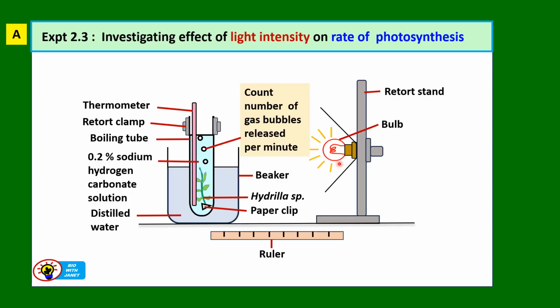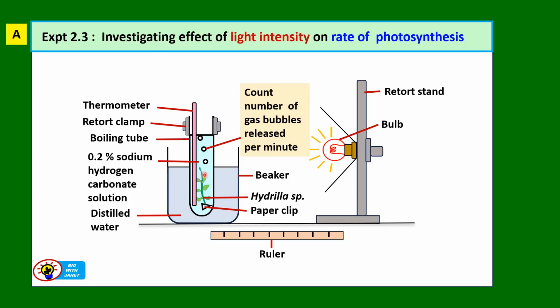Okay, where the distance between the bulb and Hydrilla species is 20 cm. Then you repeat the steps again. But before you repeat the steps, please remember to change the sodium hydrogen carbonate solution to a new one. Replace it with a new one, so that